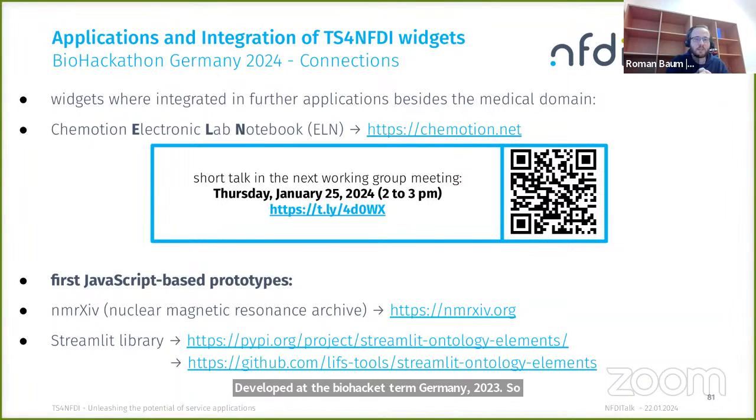This one is not React-based. It is based on another language, but they could now use this JavaScript-based widget, and they also integrated the autocomplete one. And the other project is the Streamlit library, which is used in Python. You can also integrate it now directly via pypi.org. And you can also find the source code directly on GitHub, showing how they integrated this widget into the new Streamlit library.